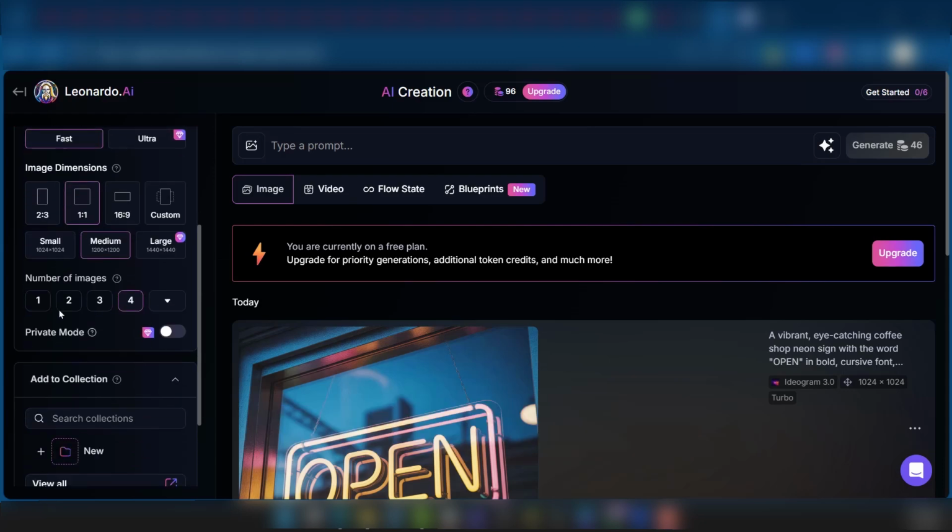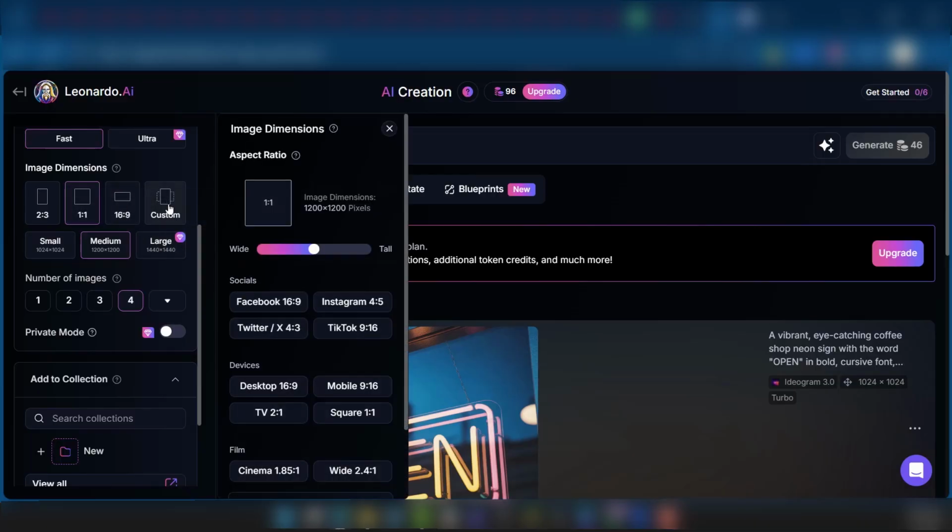Now I'd like to talk about more settings. You have your image dimensions. You have 2:3, 1:1, 16:9, and custom. You also have the quality of the image you'd like to have, from small to medium to large. And then of course, if you want a custom dimension, which is not here, you can click on custom, and